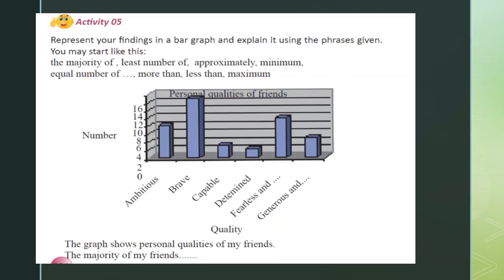Activity 5. Represent your findings in a bar graph and explain it using the phrases given. You may start like this. The majority of, least number of, approximately, minimum, equal of, more than, less than,